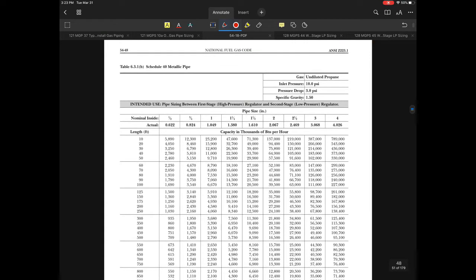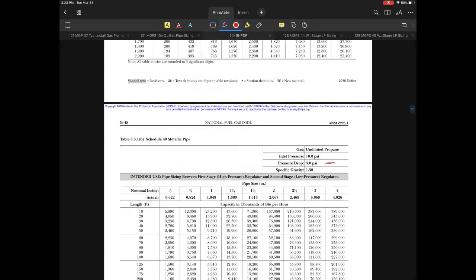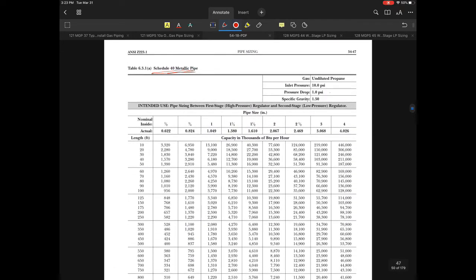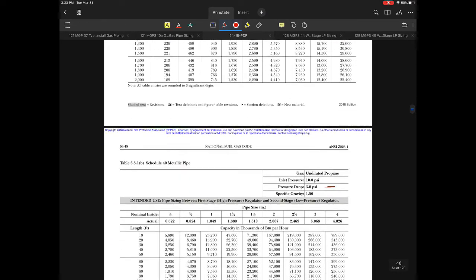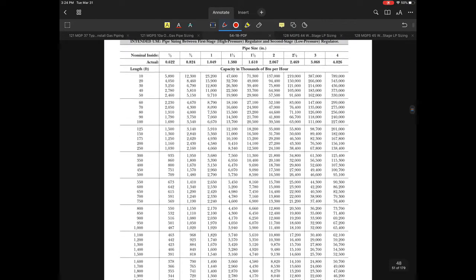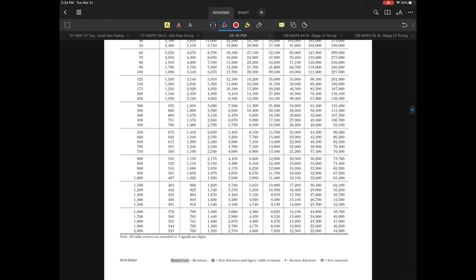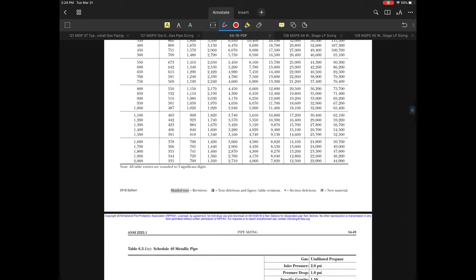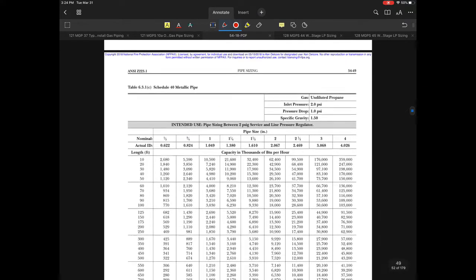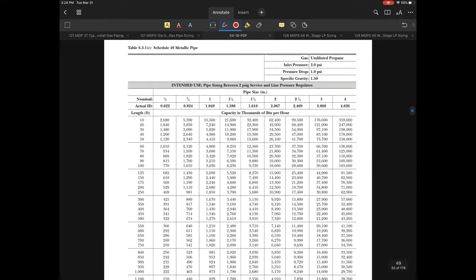You'll notice on B, really the only thing that they changed in this case was the pressure drop. This one has a 1 psi drop. The second table on B is a 3 psi drop. You just have to figure out what's the allowed pressure drop. So the more pressure drop, the more capacity is generally accepted or allowed into the system. So let's take a look at this